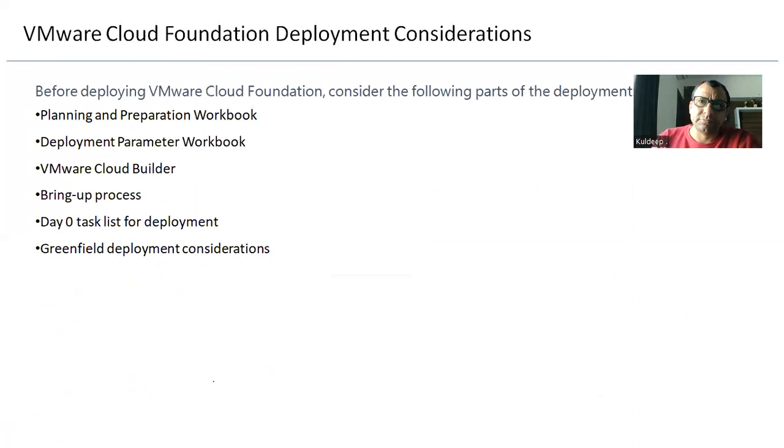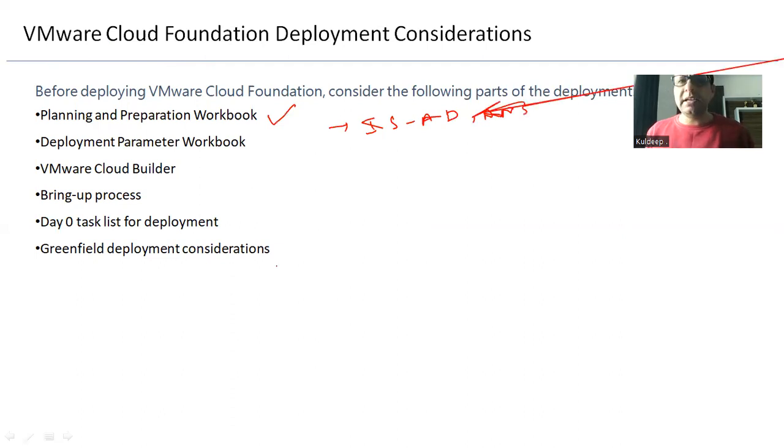Okay, so what are the primary things we have to consider while building the VCF environment? The primary thing is the planning and preparation workbook. The planning and preparation workbook is primarily used to plan the entire environment. When we say plan the entire environment, it means what my infrastructure services would be, all details, like AD, DNS, or